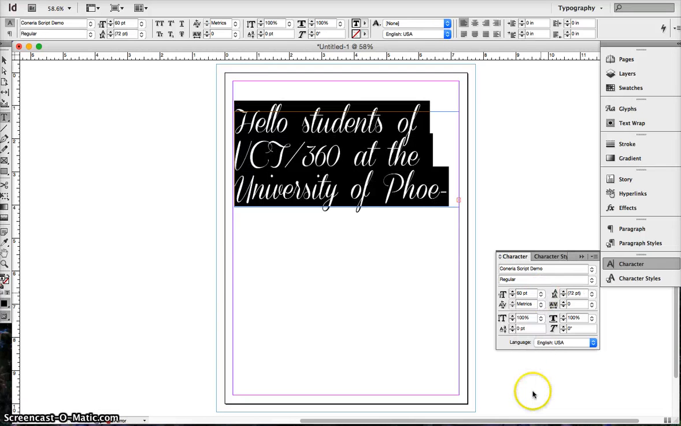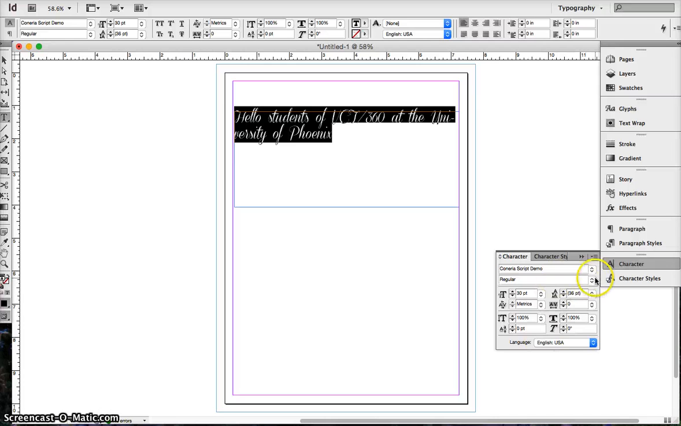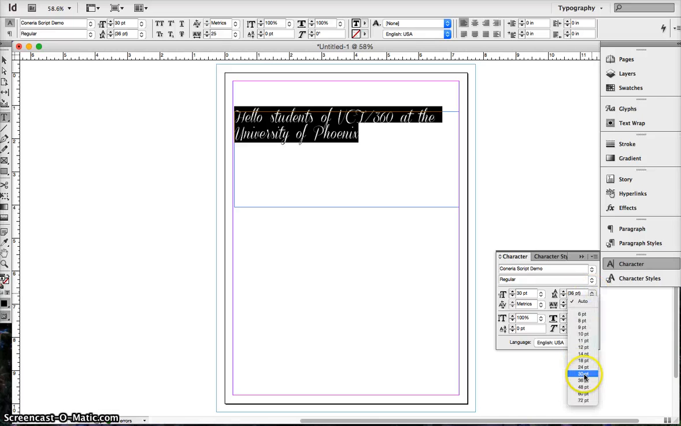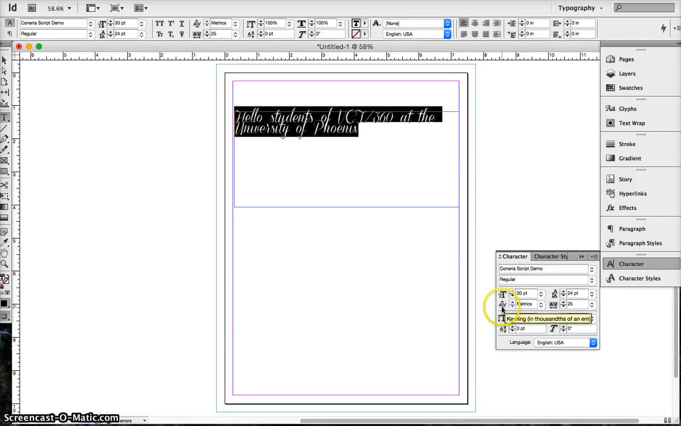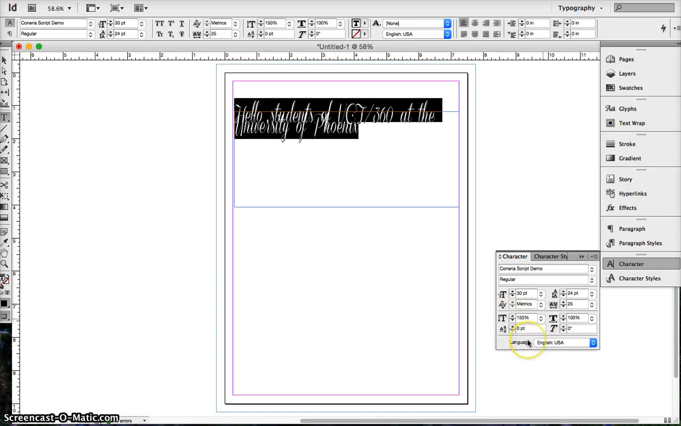So I can bump size up. I can change it. I can make it wider if I want. I can change the amount of space between the lines. If you're not familiar with some of these tools, I would highly suggest just mousing over them. It does tell you what they are. So if I wanted something vertically shifted,